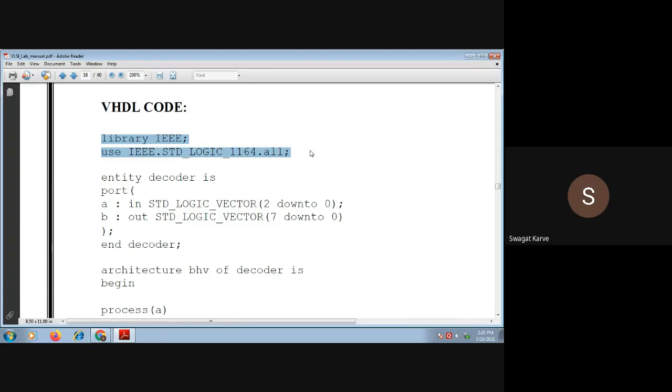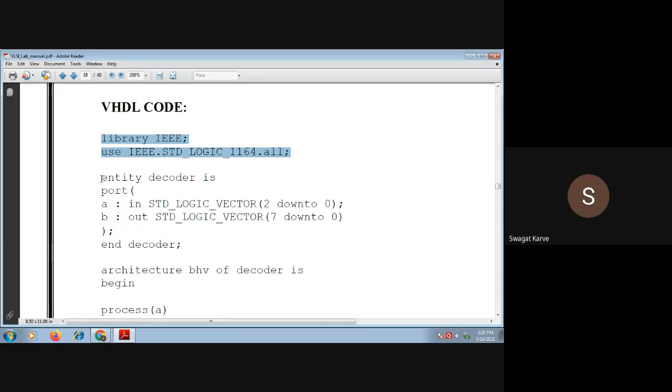Next, after the library, obviously you have to declare the entity part. We have already discussed some syntax for this. Even the library declaration has a fixed syntax, and the entity declaration has a fixed syntax.